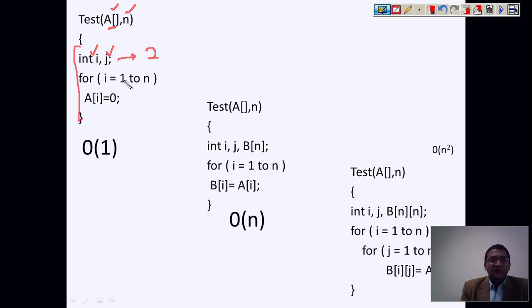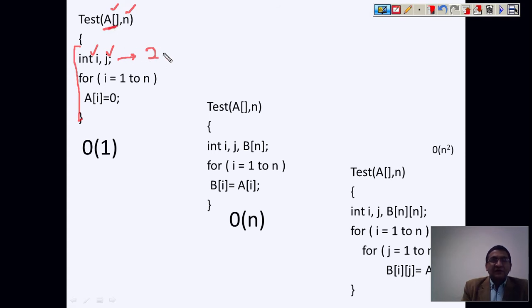Now what we are doing inside this, we have one loop i equals 1 to n, and in this we are assigning the value 0 to the index A[i]. One thing to keep in mind is that when we compute the extra space requirement, we do not consider the size of A, which is the size of input.